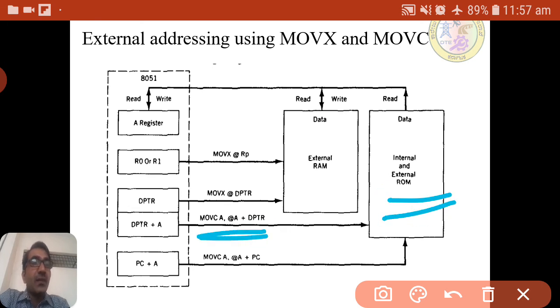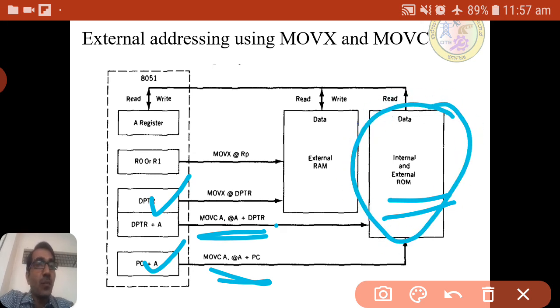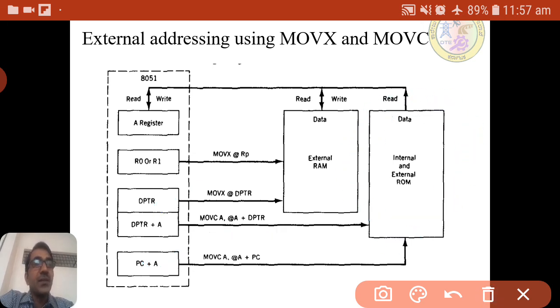You can see here MOVC A, @A+DPTR and MOVC A, @A+PC, that is the program counter. So we can use either DPTR or PC plus A for accessing the ROM. We need to keep in mind which registers are used for which interface.